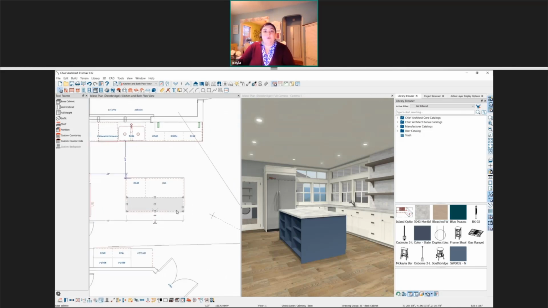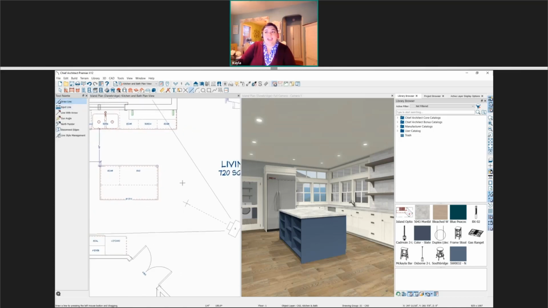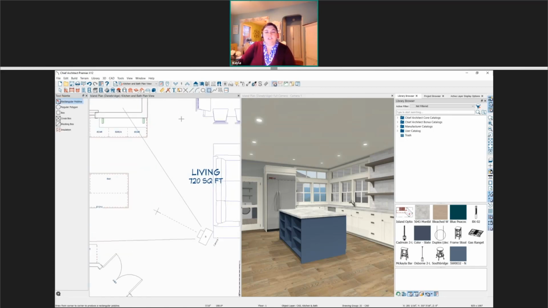So now I'm going to go ahead and create a custom countertop. So there's a couple of different ways that we can do that. First, we do have a custom countertop tool, and we're going to use that a little bit later. The second way is to actually just use our basic 2D CAD tools, and then we can convert that countertop over. So I'm not really going to use that one for our island, but just to show you what that looks like,